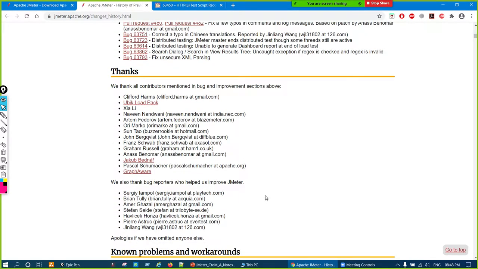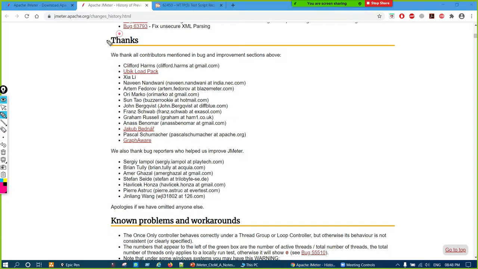Here you can see they are giving thanks: we thank all contributors mentioned in the bug and improvement sections. These are the people who helped in enhancing it, and this fellow is from India. Then these were the people who reported the bugs and helped in improving JMeter.